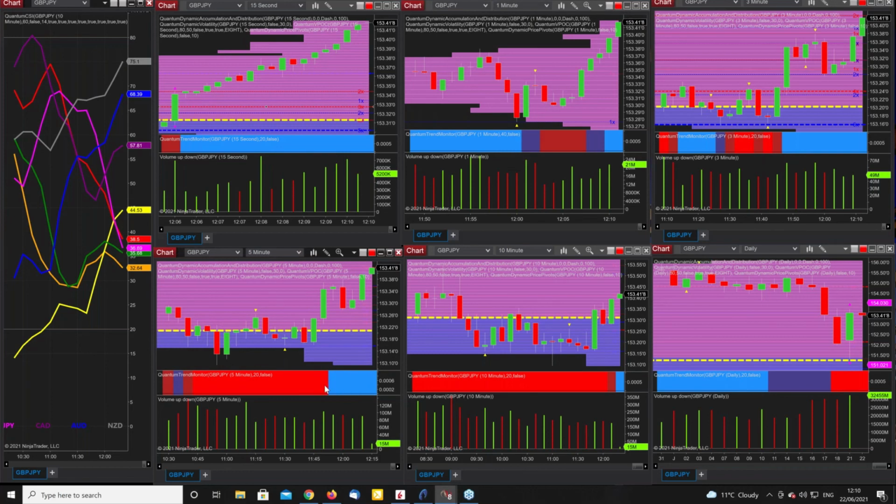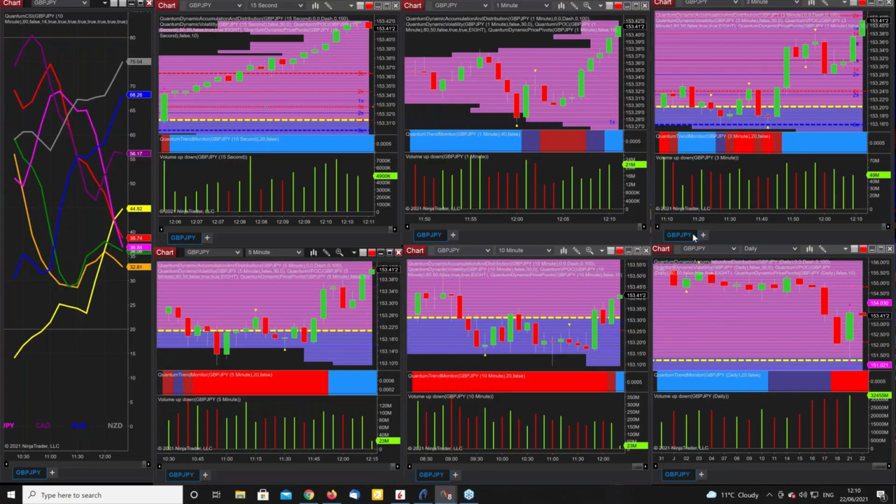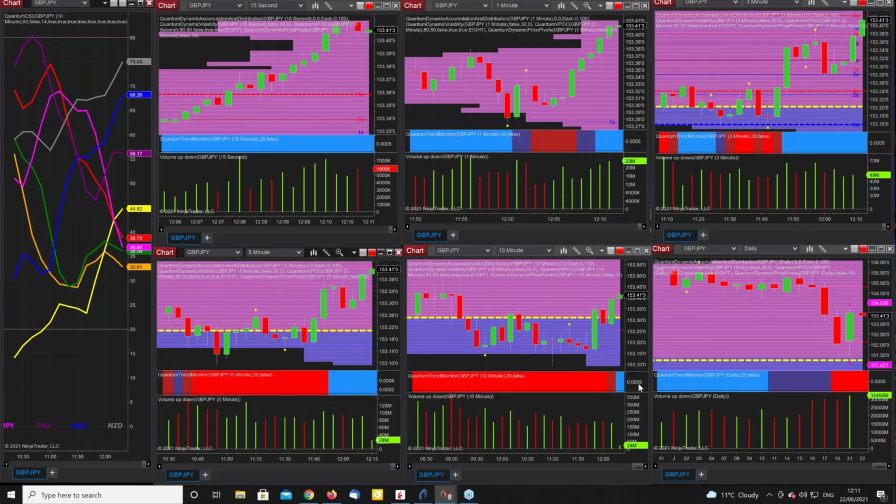What's interesting about that particular color change is we've gone straight through, from red into blue. It doesn't automatically always have to go through this color sequence here of darker red, darker blue, and bright blue, and out the other side in the other direction. But on this occasion, it went straight through. So it's obviously saying, this is a pretty strong change in trend. I'm confirming this is a strong trend change, and we've got a change here on 10, and of course over on the daily, there's nothing changed at all yet. You wouldn't expect to see anything there.